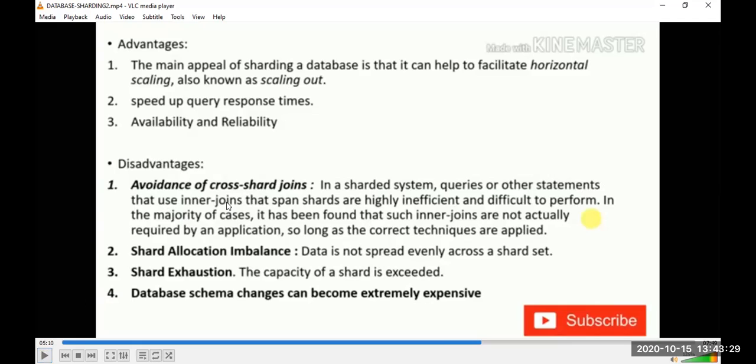Like avoidance of the cross-shard joins, shard allocation imbalance, exhaustion of that shard, and schema changes can become extremely expensive. अब अगर मैं इसके डिसएडवांटेजेस की बात करूं फ्रेंड्स तो सबसे पहले आता है अवॉइडेंस ऑफ क्रॉस शार्ड जॉइंट्स। सो दोस्तों अब होगा क्या कि अगर हम इनर जॉइंट्स लगाने की कोशिश करेंगे तो ऑब्वियसली आपके शार्ड्स जो हैं वो एक डिस्ट्रीब्यूटेड एनवायरनमेंट में हैं ओवर अ सर्टेन नेटवर्क। तो होगा क्या कि आपकी जो जॉइन क्वेरी है वो दोनों के दोनों शार्ड्स में जाएगी एंड वहाँ से डेटा पुल होगा